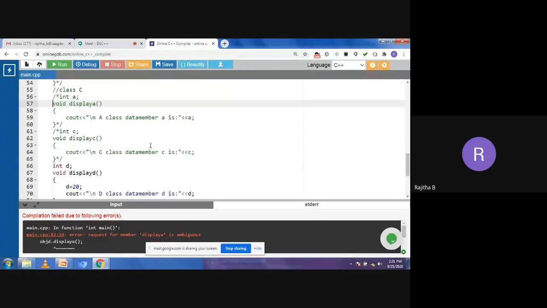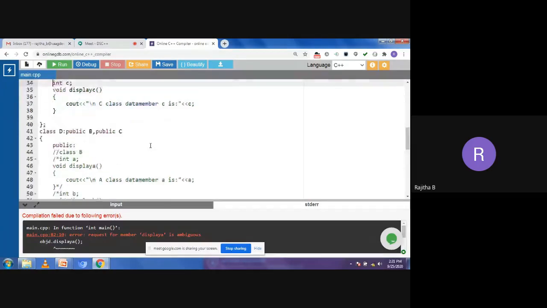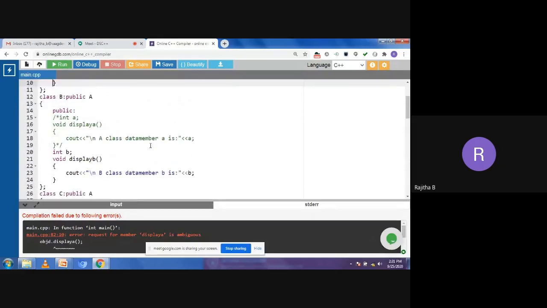So when you are deriving the A class members into B and C, here I'm deriving the A class into the B class. Before or after this public keyword, you can take it anywhere. I need to use the keyword virtual here.